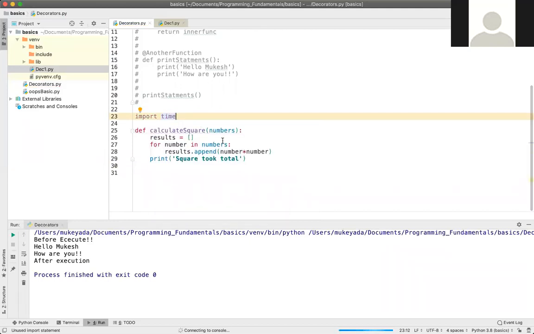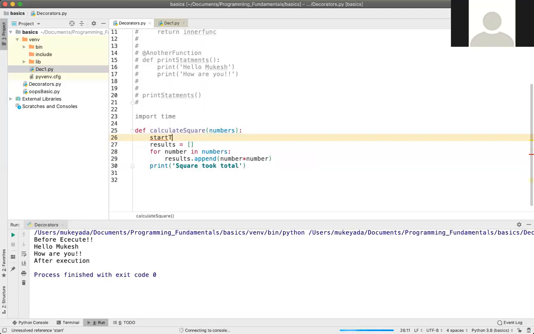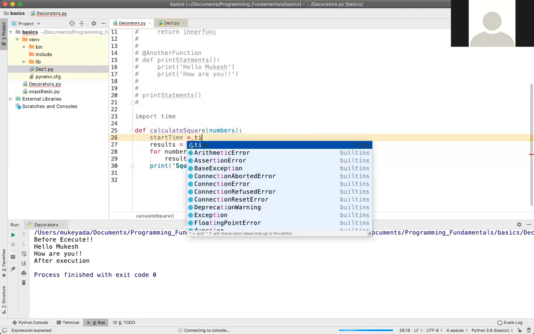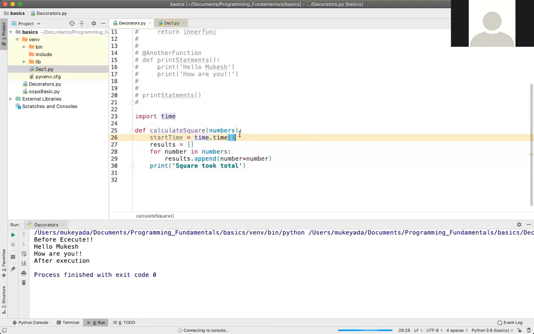Here I need to do start time equals time dot time, right? And here I'll say square took total time is plus str, but before that start time is there.